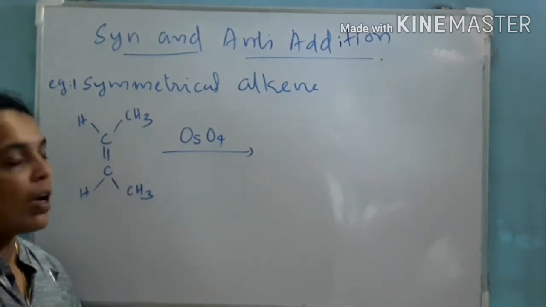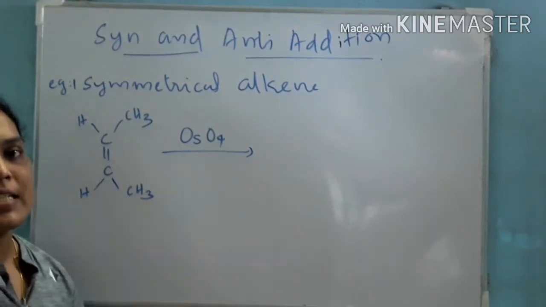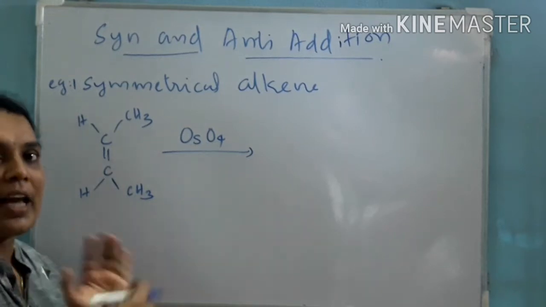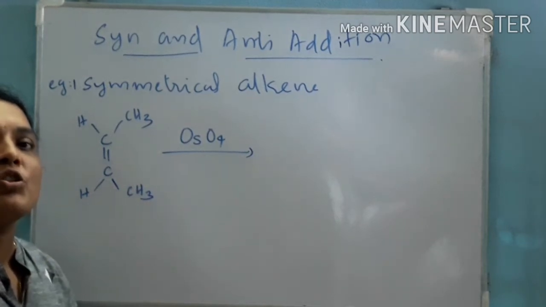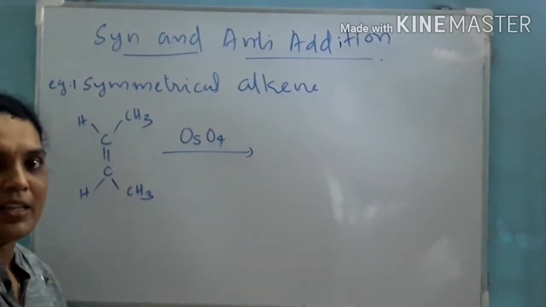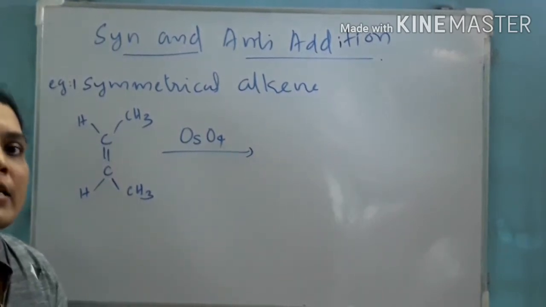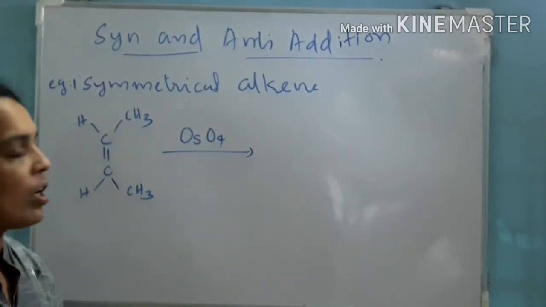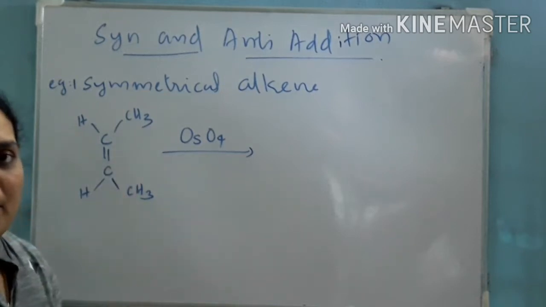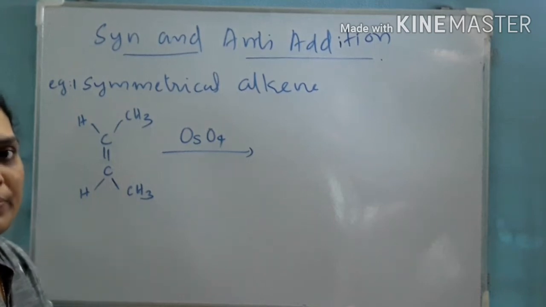Hydroxylation. So it is a hydroxylating agent, and you have to remember it is a syn addition. At the end of the video, I will give some tricks to remember the reagents used for syn addition as well as anti addition. Now osmium tetroxide undergoes syn addition. Syn addition means the OH groups are added to the same side of the double bond. So let us see this example with osmium tetroxide and how it works.